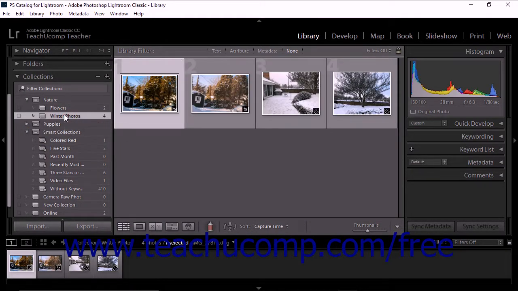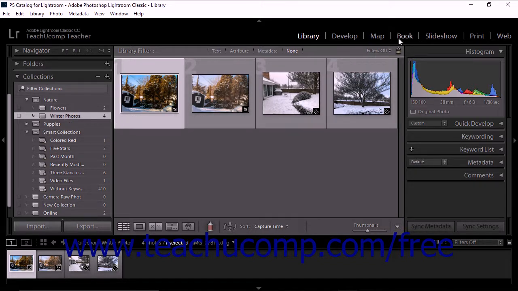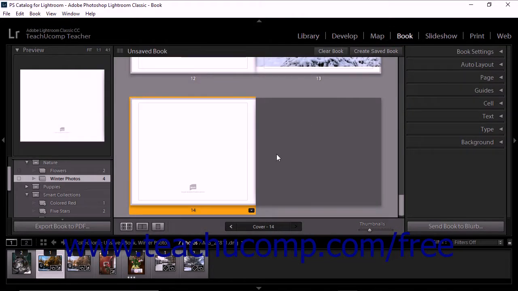After selecting the photos to include, if you are currently viewing the book module, you must then switch to a different module other than the book module, and then switch back to the book module. If you switch to the library or other module to select your photos, you can simply switch back to the book module after you see the photos you want to add in the film strip. At that point, Lightroom Classic CC then automatically adds all the selected photos in the film strip to the photo